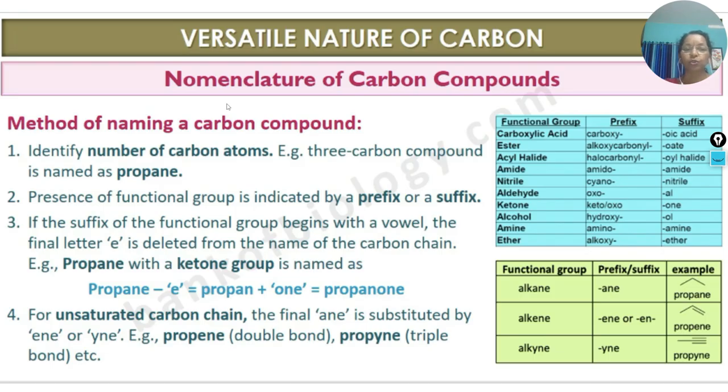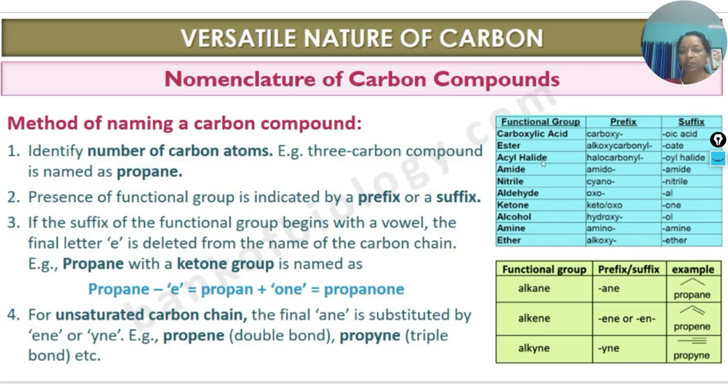Now you can study how to give a name for a carbon compound. That is what is called the nomenclature of carbon compounds. Nomenclature of carbon compounds means naming of carbon compounds. How can we name a carbon compound? For that,